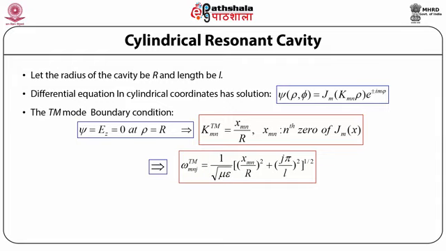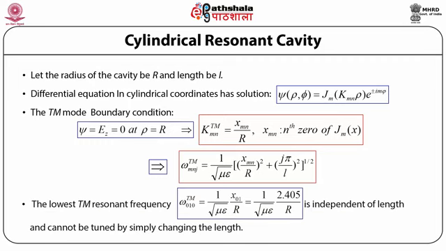So the cutoff frequency, or the mode angular frequency, for the transverse magnetic mode, given by omega subscript mnj superscript TM, is equal to 1 upon under root mu epsilon, whole times bracket open (x subscript mn by capital R) whole square plus (j times pi by L) whole square, whole bracket close, to the power half. And the lowest permissible resonant frequency in the transverse magnetic mode for the cylindrical resonant cavity is given